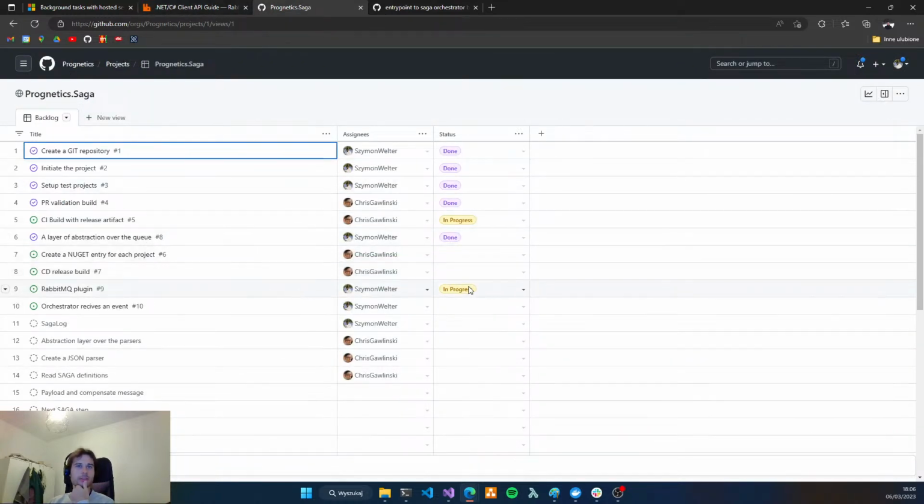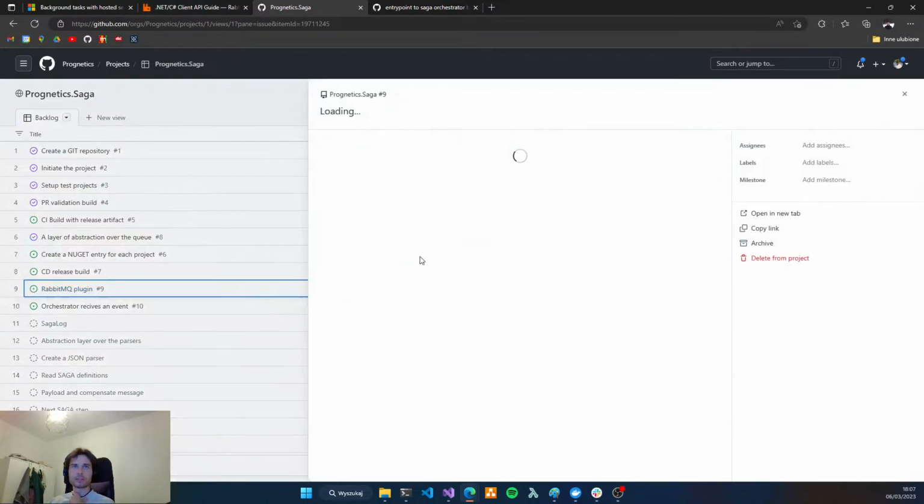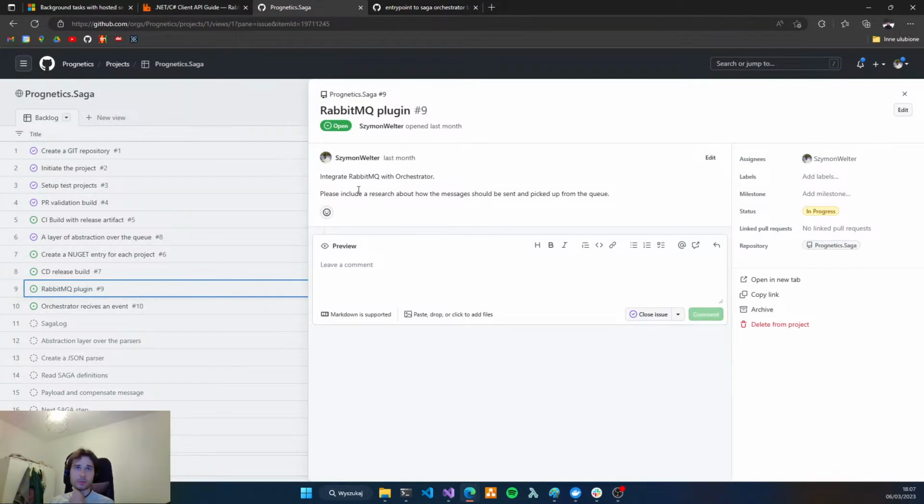Okay, so what's next? I see that there is a task in progress because I did some work before the stream, some research and some pieces of code. So today we are going to implement the RabbitMQ plugin. Let's go into the task and check what we have here. We have: integrate RabbitMQ with Orchestrator.